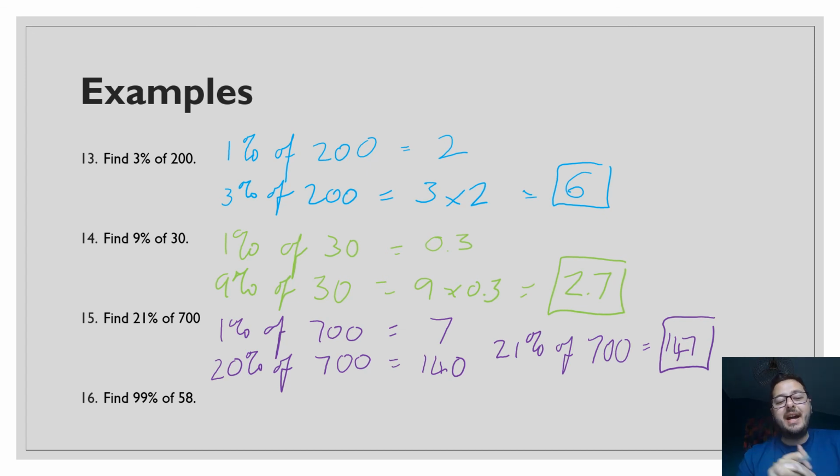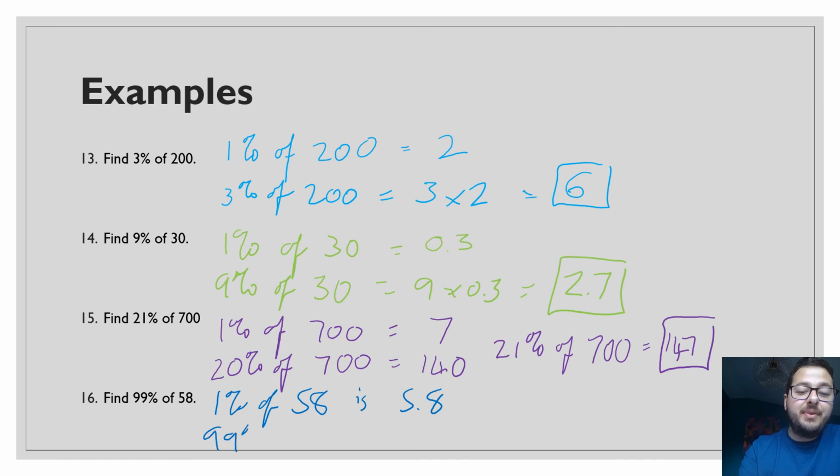Alright, next one. Now we want to find 99% of 58. Now here, if we look at this, we think, right, we could divide by 100 to get 1% and then times by 99. But actually, if you think about it, 99 is just 1% away from 100%. So actually, it might be easier to find 1% and then just take it away from the whole thing, take it away from 58. So let's just do that. So 1% of 58 is 5.8. So 99% of 58 is going to be 58, the whole thing, minus 5.8. And that's going to give me